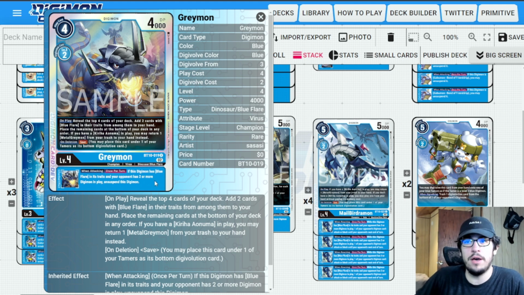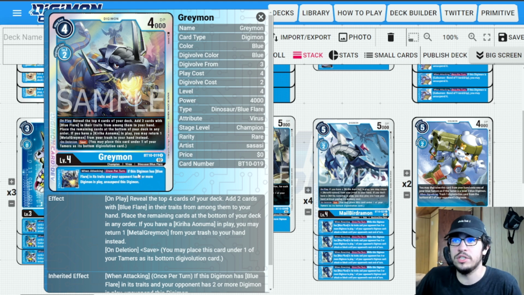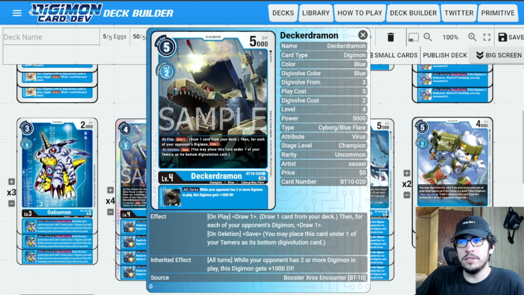And then, of course, if you have Blue Flare in its traits and your opponent has 2 or more Digimon in play, you get to unsuspend this Digimon, which is very key because we want to be able to get as many checks as possible. This paired with Bond of Friendship gives us a lot of unsuspend potential. Then we're playing one